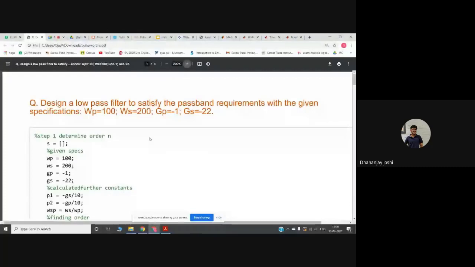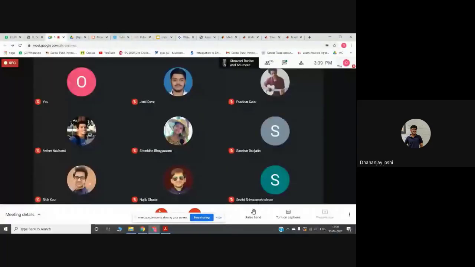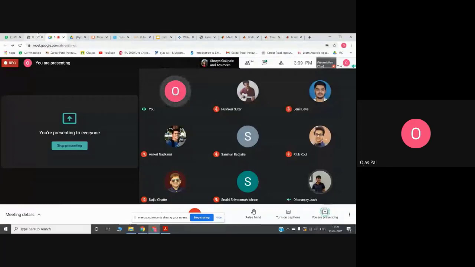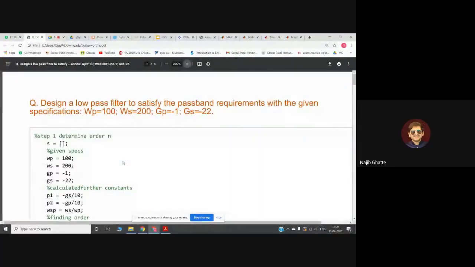I'm not sure about that. Let me just take a look. In the meantime, we'll have a few more questions. You can start presenting, Dhananjay. Oh, just in the meantime, can you present your screen right now, as we are going to see the MATLAB. Yes, now Bilal will continue. I will just present the screen. Yeah, just a sec, guys.